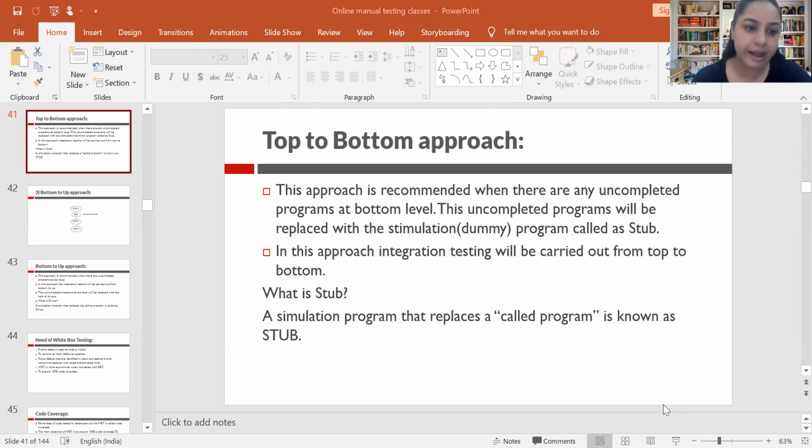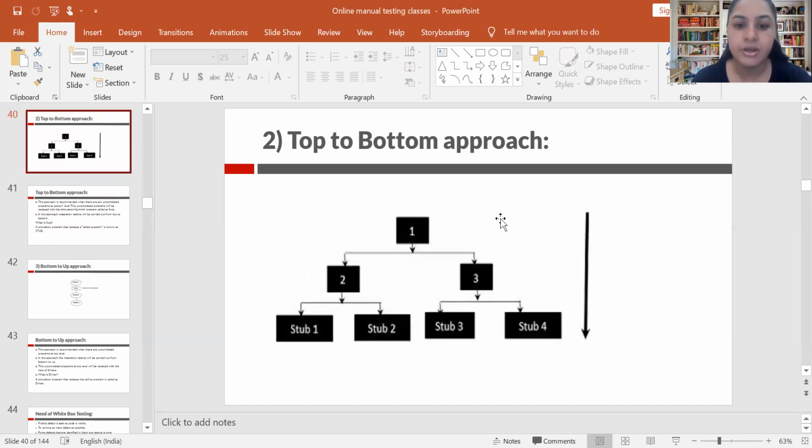I'll explain with the help of a diagram. Here you can see a complete project, and the top to bottom approach is available here, and this is the main program. This is module 1, module 2 and module 3.